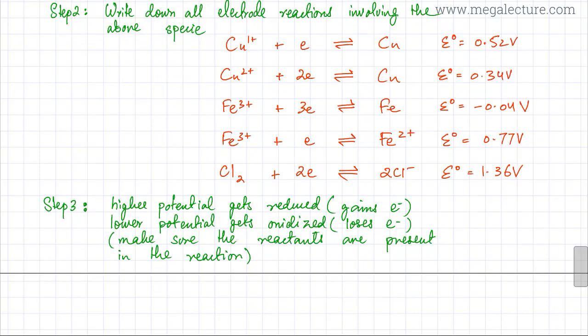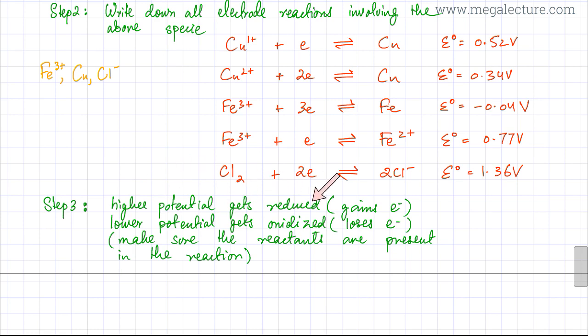Now I've written all the electrodes that were relevant to my reactants. Remember, I had 3 reactants. One was Fe3+, I had copper as a reactant, and I had Cl- as my reactants. So I wrote down all the electrodes involving these 3. Now I'll move to step 3, which is the rule in electrochemistry: